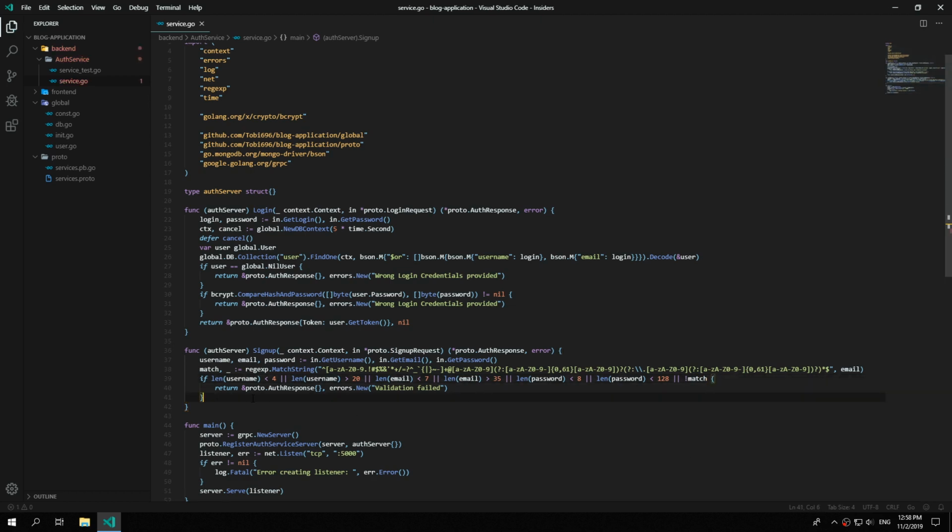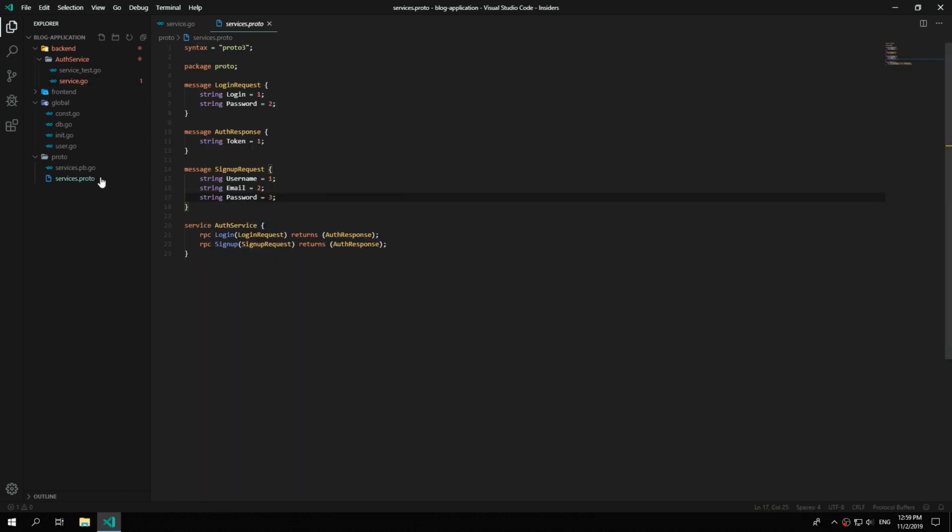The next thing we need to make sure is that the username and the email are unique. Of course we could just test this in the signup function, but in order to provide real-time validation to our frontend, we need to create methods within our services.proto file. So switch back to the services.proto file, and in here we can say RPC EmailUsed, which takes an EmailUsedRequest,